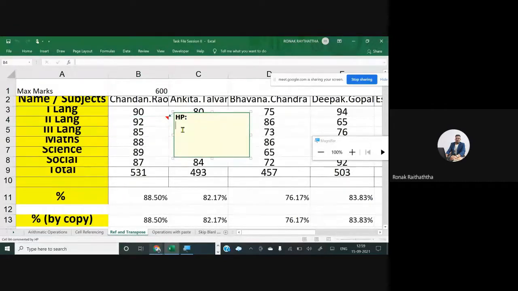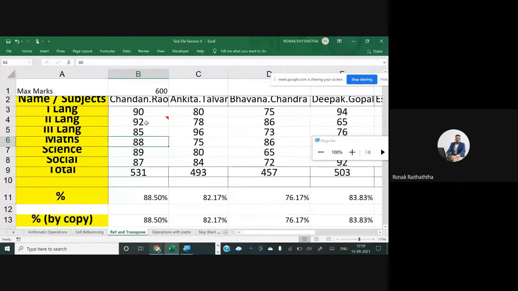And here HP stands for the company name, not Harak Paduda. Some people would be relating this with the HP. So I'm writing exceptional marks. Now, if you click anywhere, you must be observing that if I roam over that cell, 92, that comment will be visible to me. You may fix those comments as well over that cell.